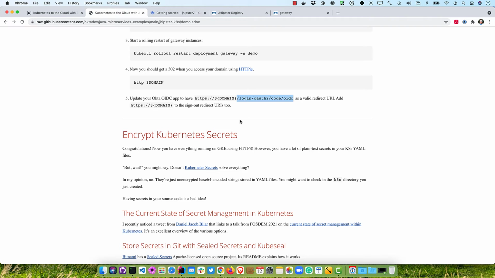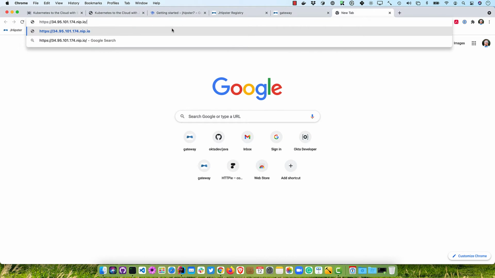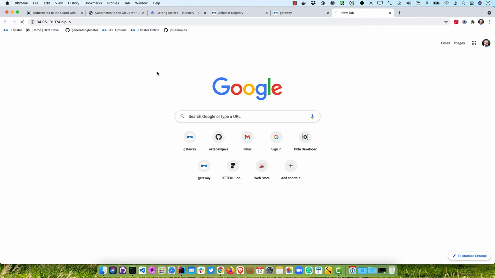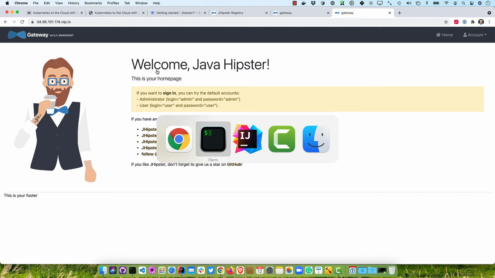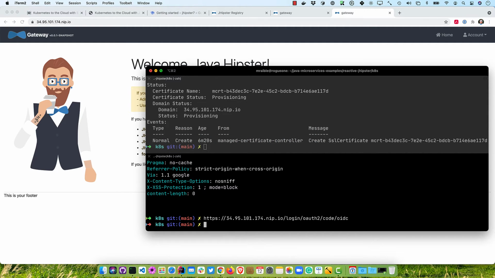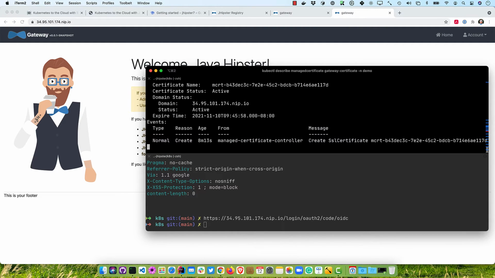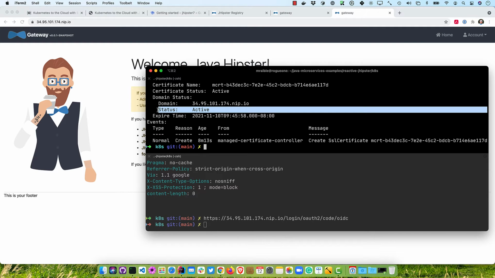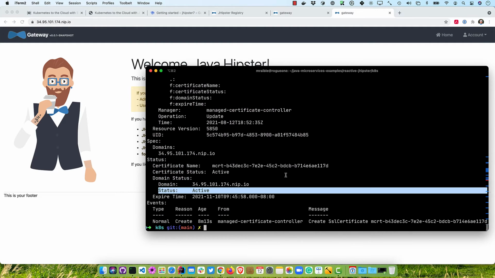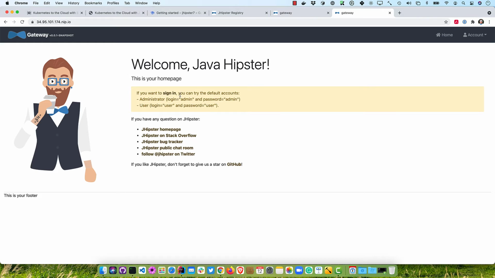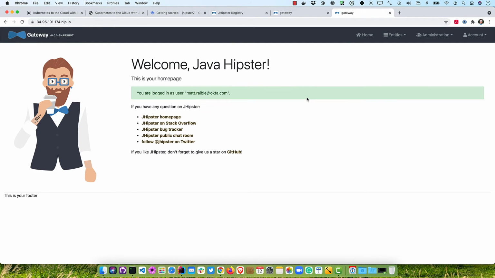So now we should be able to open that domain up. If we were to go to just nip.io, see if that certificate's all set up yet. Looks like it is. Let's make sure with this provisioning status here. So you can see status is active, so that's all working. And we have a valid certificate. It's running on HTTPS. If we were to sign in, everything should work since we set up those redirect URIs,